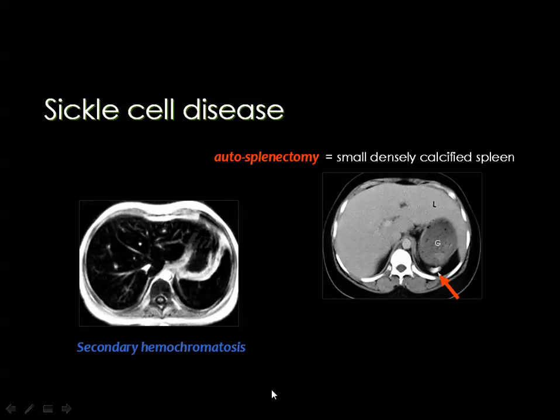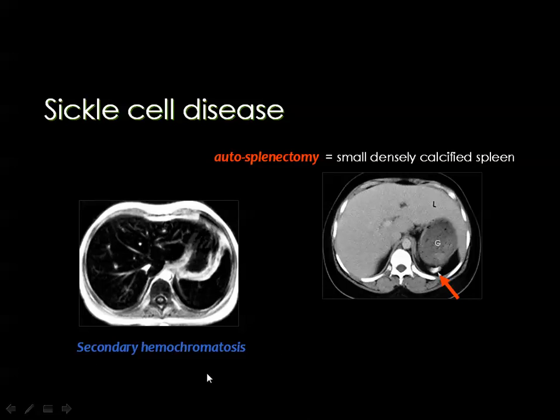Then autosplenectomy means that the spleen is small and is densely calcified. And you can see here, this is the spleen, which is very small and calcified in a case of sickle cell disease, representing autosplenectomy. And you know that deposition of iron in the liver and in the spleen may lead